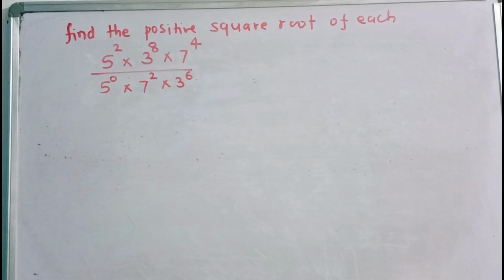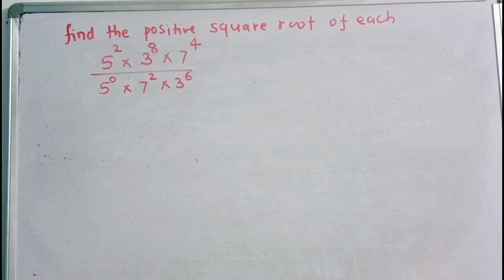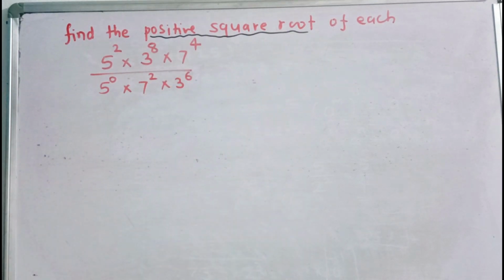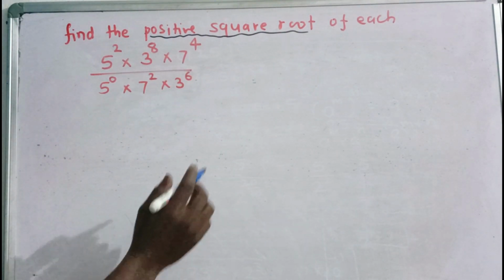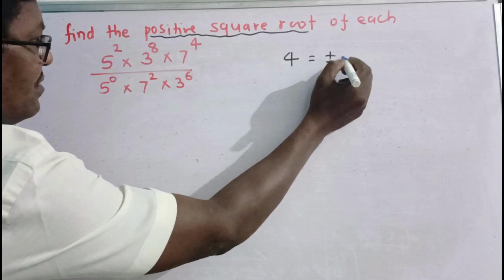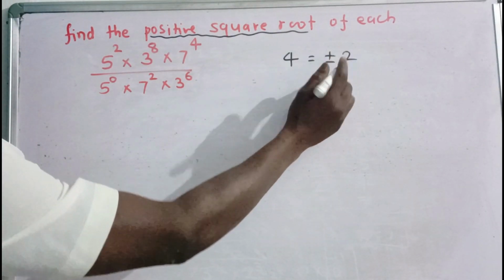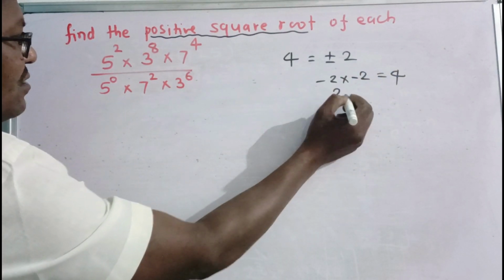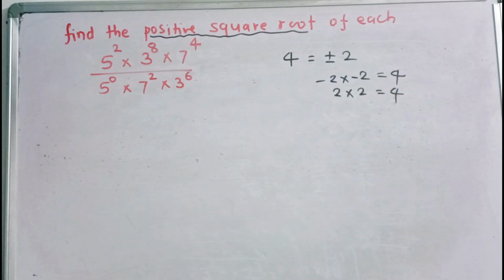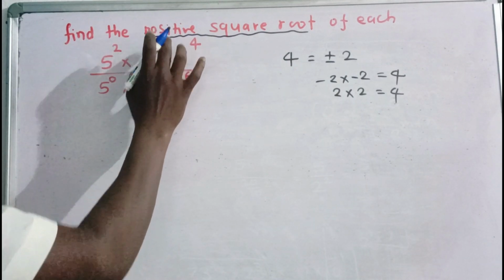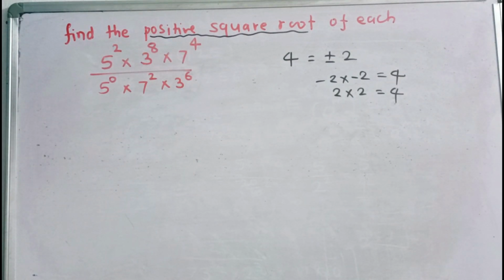Now the next question is, find the positive square root of each. Why here positive square root? Specially mention here positive square root, because the square root of, suppose square root of 4 is nothing but plus or minus 2. Why? Multiplication of -2 into -2 is equal to 4 and 2 into 2 is also 4. हमें पता नहीं है कि कौन सा पॉजिटिव है नेगेटिव रूट है, तो इसीलिए स्पेशल मेंशन किया है। इट इज द फाइंड द पॉजिटिव स्क्वायर रूट।